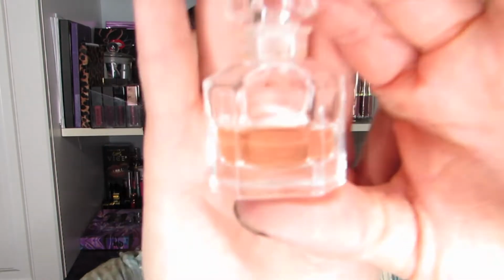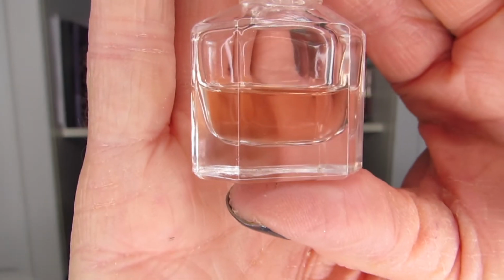The next one you won't see a ton of progress on is the Mon Guerlain. And well, you'll see, let me just make sure that you see, it's about half done. And there is progress from the last time, but perfume for me is very slow progress. I don't know how people go through perfume that quickly. I apply it 2-3 times a day, dab here, and on my wrists. And still, I mean, it lasts so long. So I still have, like I said, about half. I'll see if there's a difference in the pictures, but yeah,